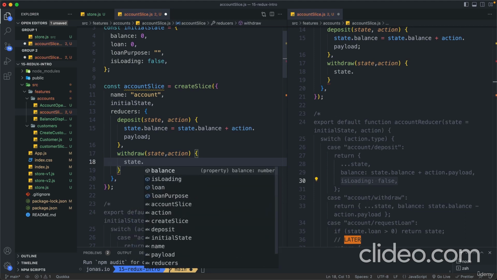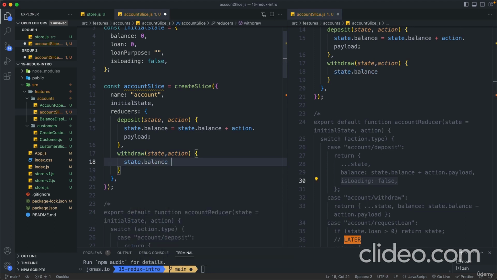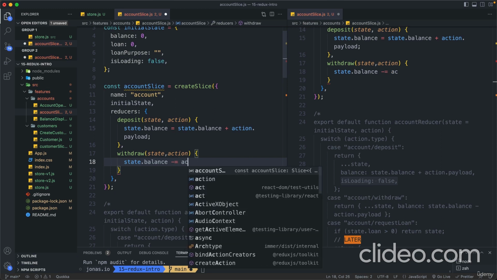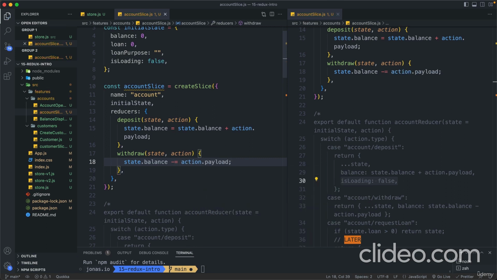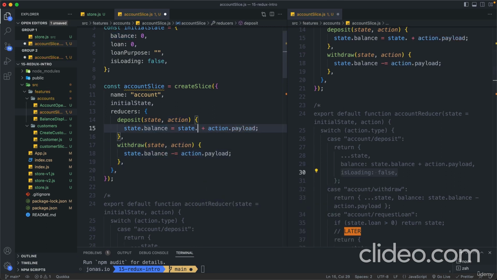And now here we will have something very similar. So state.balance, and we could even write it like this. So this is the same as state.balance minus action.payload. The same, let's do the same here. So plus equal like this. Next up,